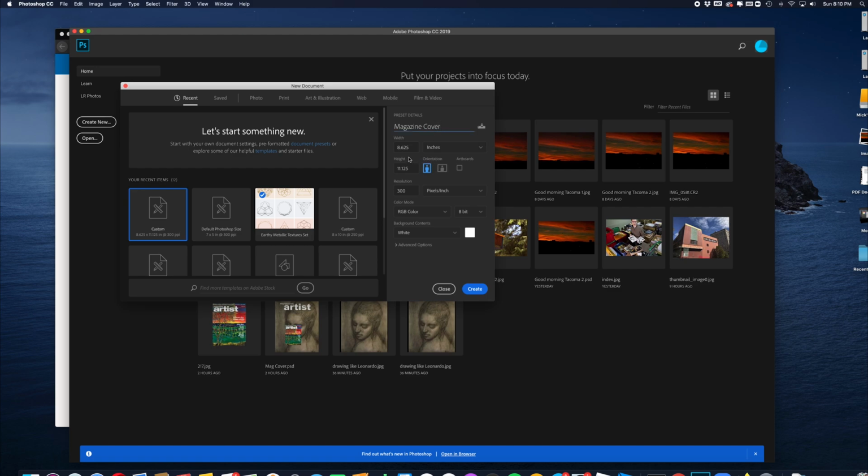And I'm going to change the width and the height of this. I'm going to type in 8.625 by